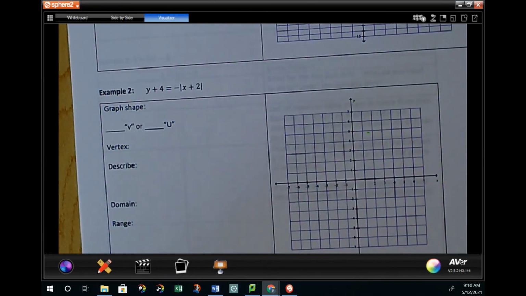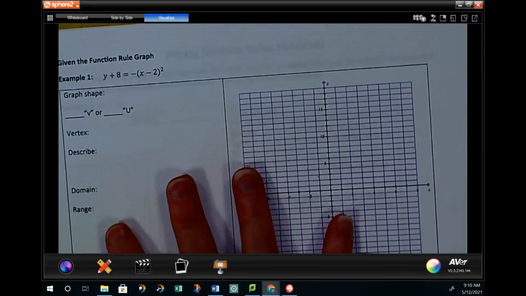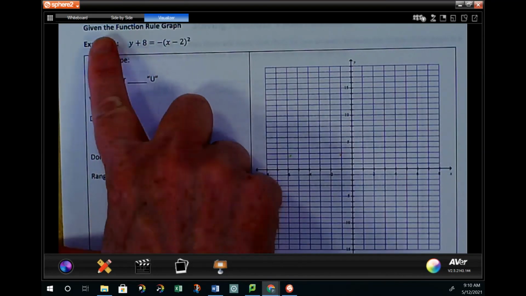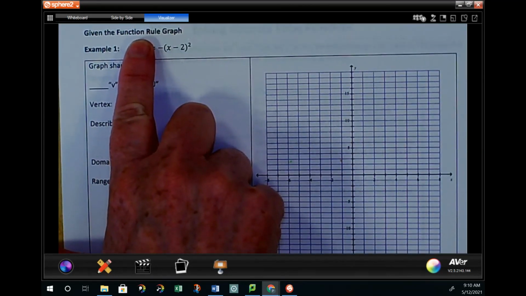Okay, so now we're going to do reflection. And this time with reflection, I'm going to give you the function rule. So now when I give you the function rule,